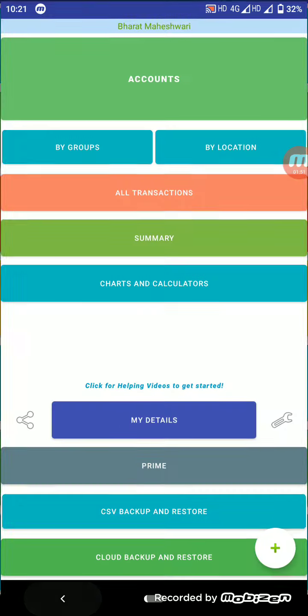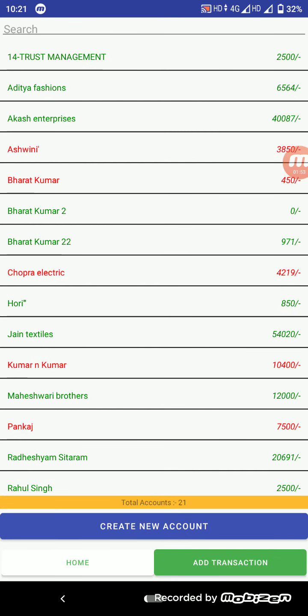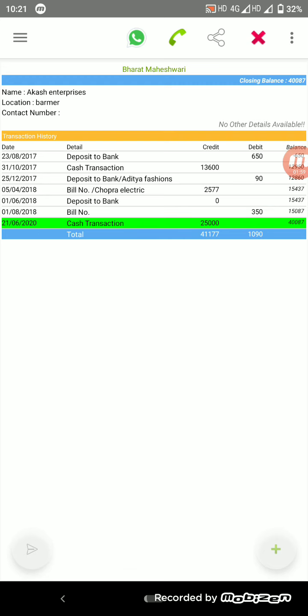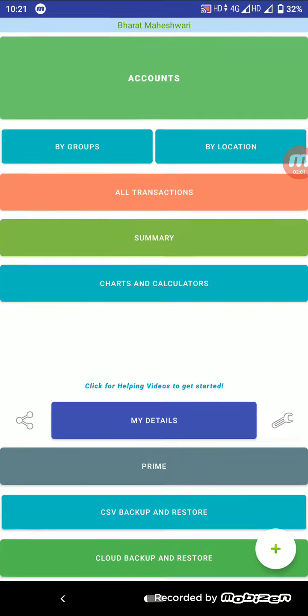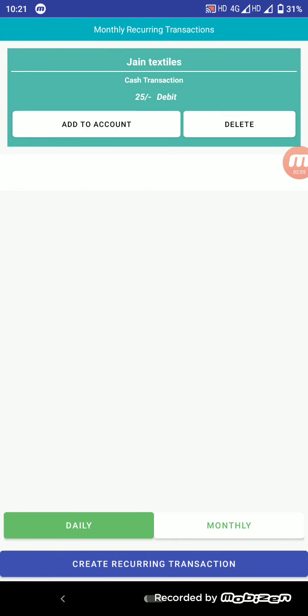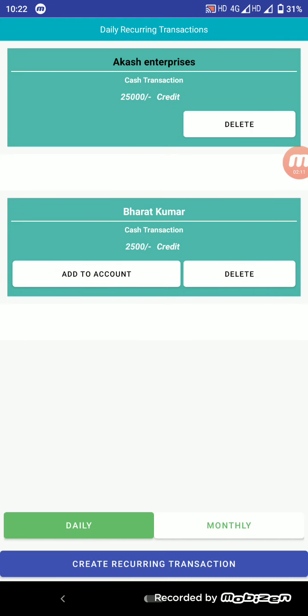Let's see if this transaction has been done or not. In Akash Enterprises, the last entry is for 25,000 cash transaction. So this was the recurring transaction of daily frequency, and the similar is for monthly frequency. So through this option, you can manage all your recurring transactions.